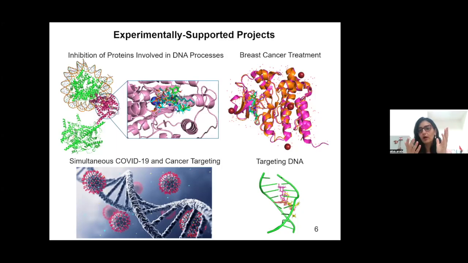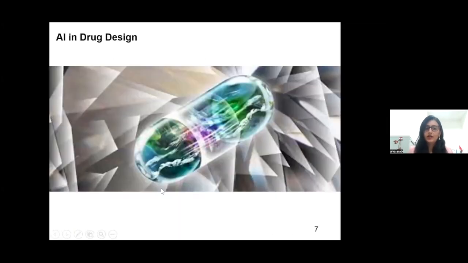These intercalators are molecules that are high in aromaticity, or in other words, any kind of molecule that is very flat, and it can make its way to insert in between two hydrogen bonded base pairs, and it causes a little bit of deformation, and eventually it leads also to diseases such as cancer. From this, I will move to talking about what we have in terms of AI in drug design.